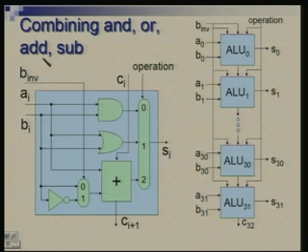So, effectively this circuit will cater for these instructions, their immediate versions, okay, their unsigned versions. Of course, there is add u and subtract u, and there is also an unsigned version of add immediate, ADDIU. So, all these instructions are taken care of by this small unit. Of course, we are not saying that this itself is sufficient to implement the entire instruction. The processor has to have other things. There is a register file, there is a program counter, there is a mechanism of getting the instruction from memory, interpreting it, storing the result back, and so on. But this is the key unit which performs the operation, so that we have seen.